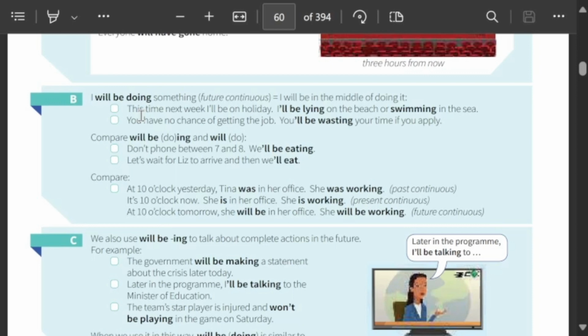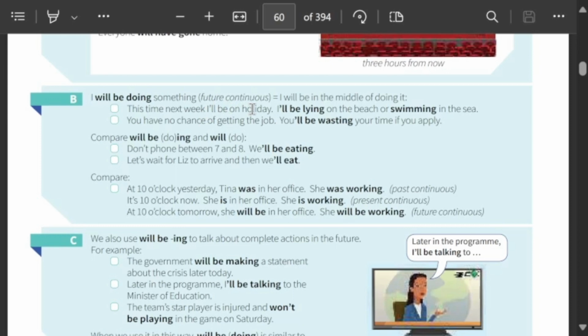See, it's future simple, right? I will be. Be careful here. I will be, you see, it's also here, but this is not simple. This is continuous, you see, because of the lying. But this one is it continuous? Not. You see, it's not. It's simple, not continuous. I will be. The verb is be. Here, be is an assisting verb. And here, be is a main verb. See the difference? This time next week, I'll be on holiday.